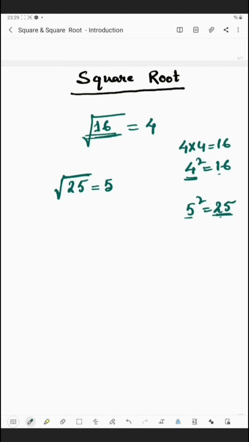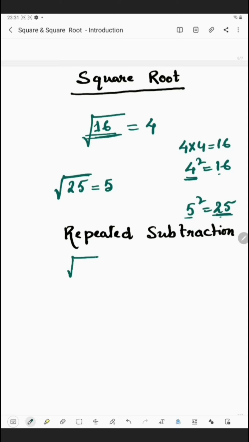At first we have the repeated subtraction method. Now let us find the square root of 100 by the repeated subtraction method. Here we will take odd natural numbers to subtract. Odd natural numbers start from 1, then 3, then 5, then 7 and so on. So we will write 100 at first. Now the first odd number is 1. 100 minus 1 is 99. Then after 1, which odd number comes? It's 3.